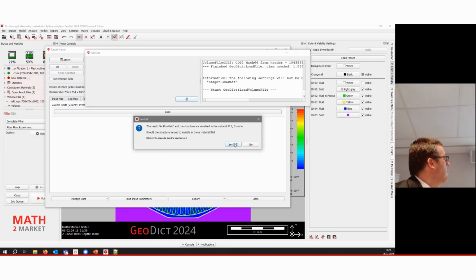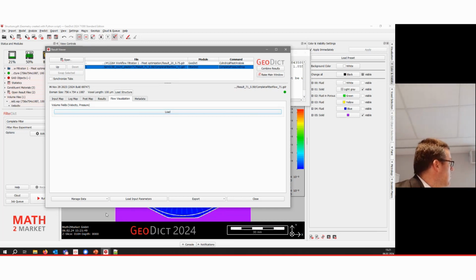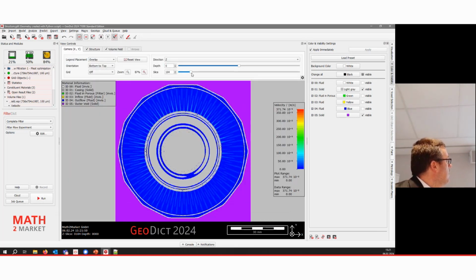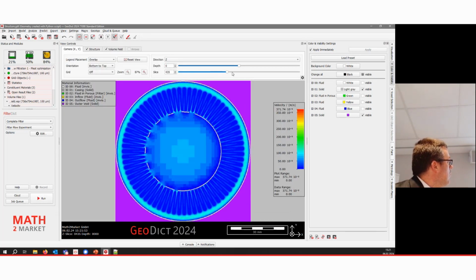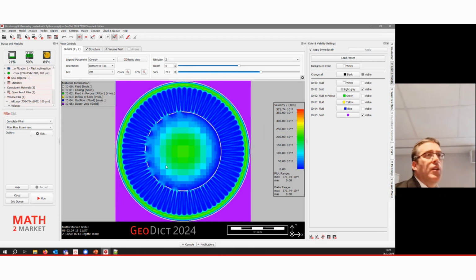So set to invisible. Yeah, the structure, I don't want to see that. And now we have here our flow. It is quite coarse because it's a not decompressed file. So at the moment, the adaptive gridding of our flow solver is still visible.